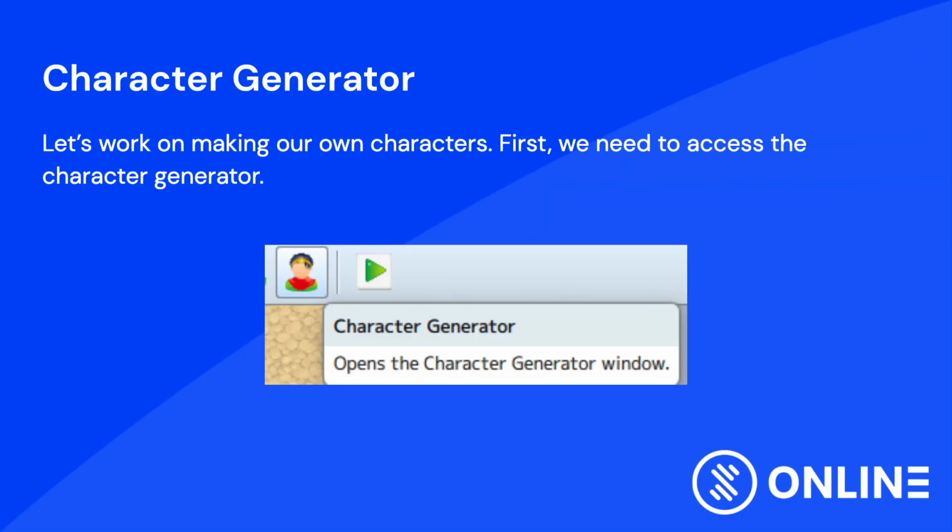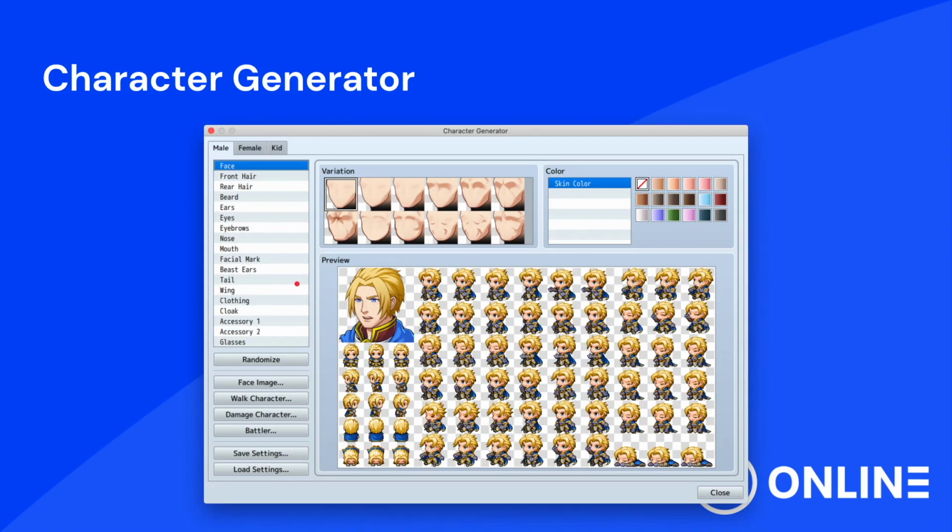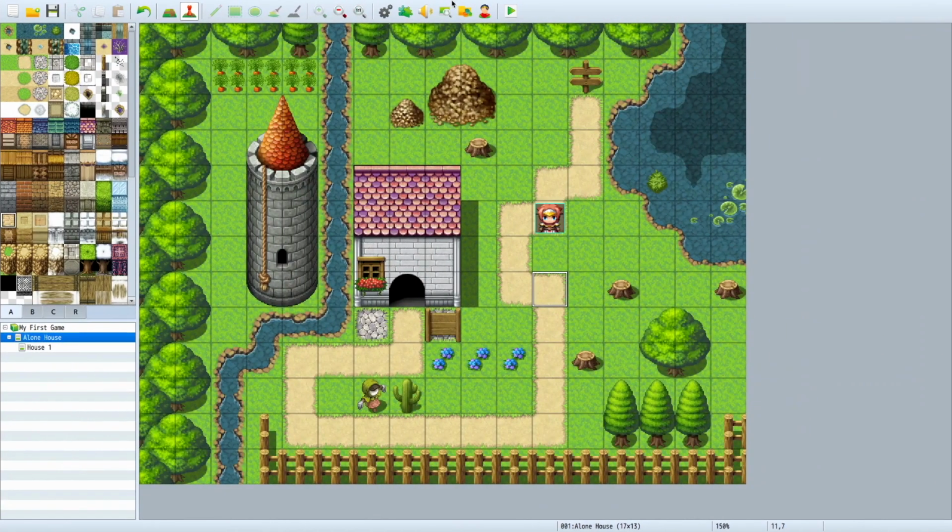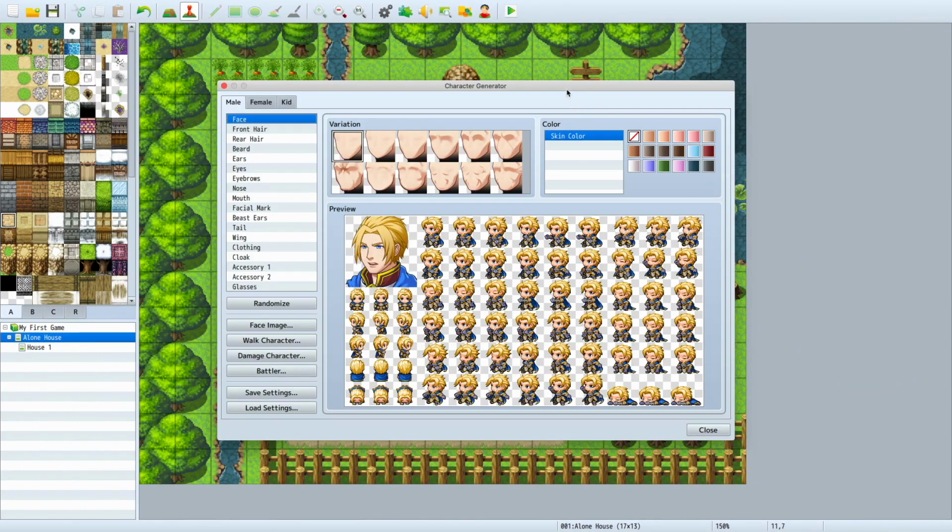So now we're gonna actually make our own characters and add them to the game. And the way we're gonna do that is using something known as the character generator. We can do this by hitting the little dude with the eye patch, and then you'll see a panel like this. So let's just do that. If you hit the character generator,